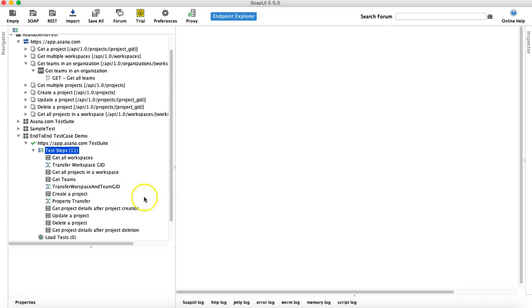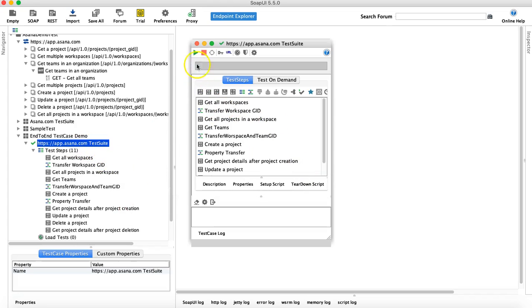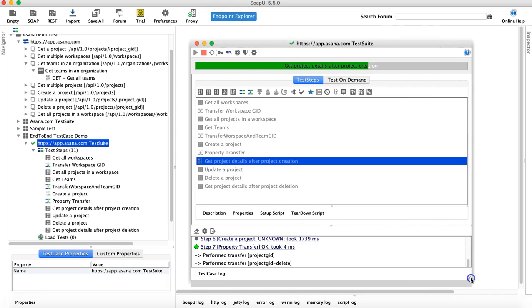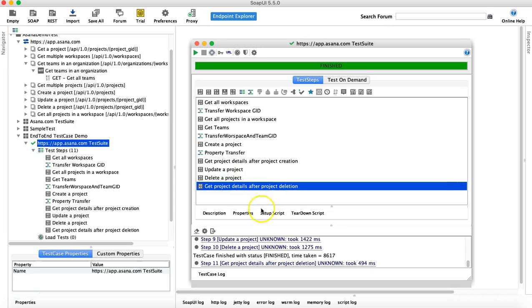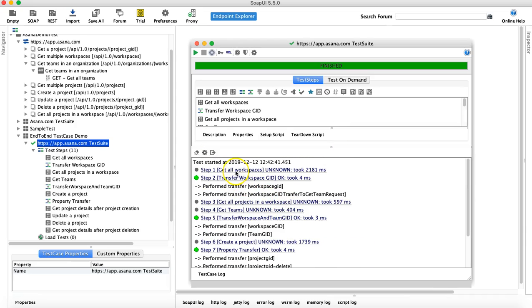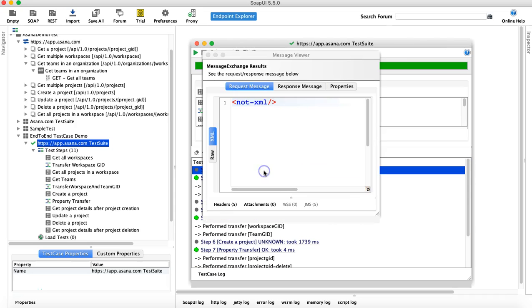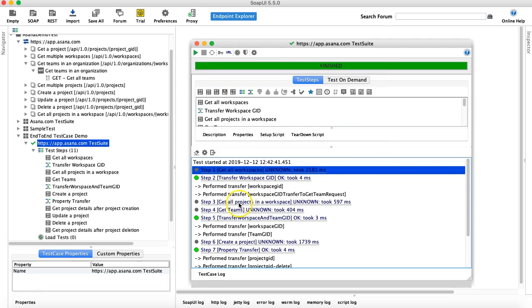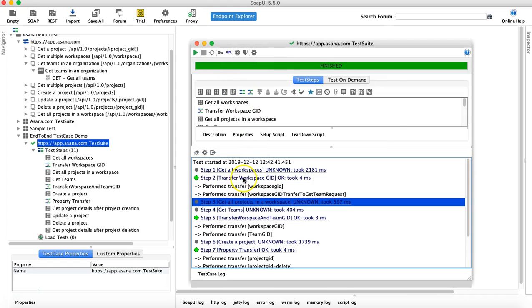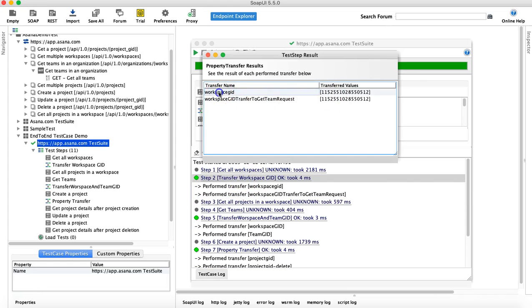So let's go back to SoapUI and open this test suite and run this. So yeah, it's creating a project, then updating a project, and then deleting, and then finished, right? So it has executed all the steps here, right? Let me show you the logs. So in this window, get all workspaces, it got all the workspaces. From this workspace, it took the workspace GID through the property transfer, and then